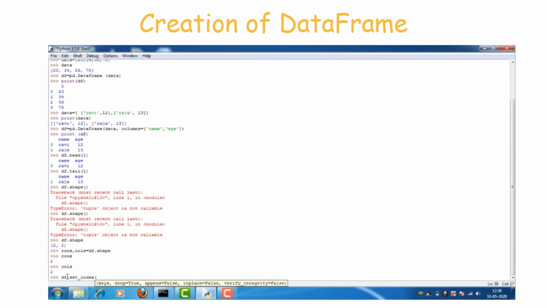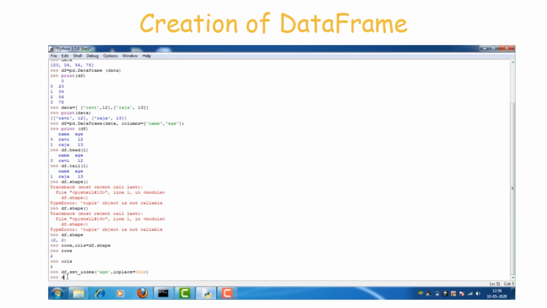Here I have to treat age as a key, so I will give age as the first argument. After that, inplace is equal to True. The inplace argument is used to modify the existing data frame.